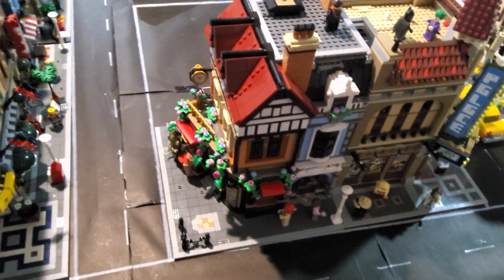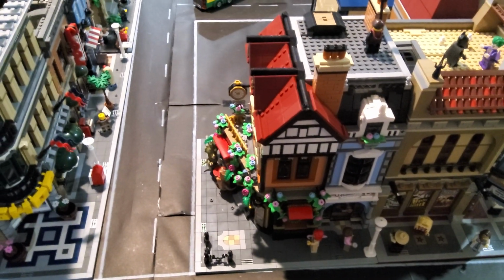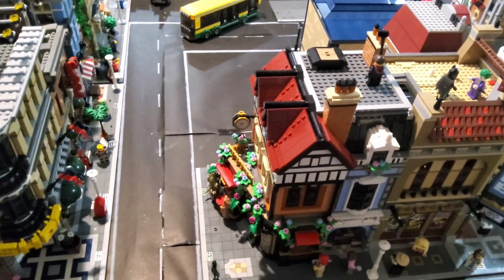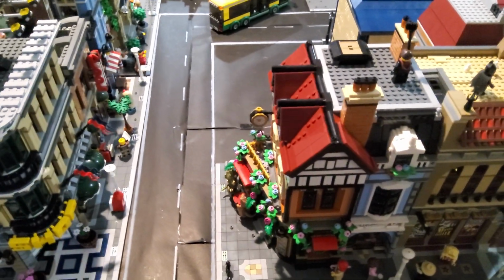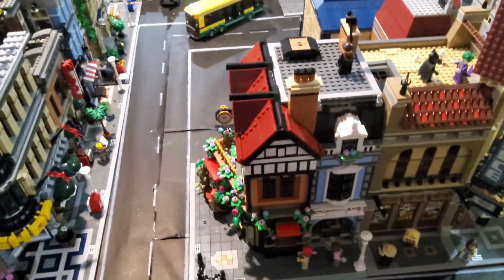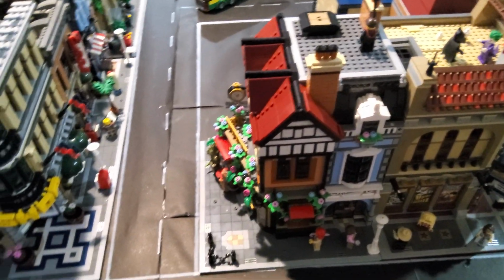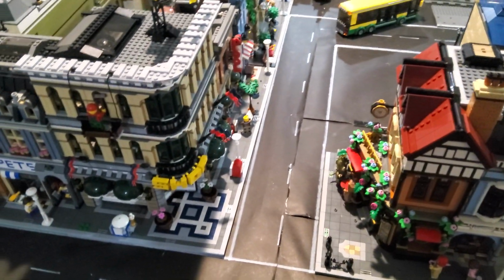And that is one of the things that I kind of miss with the modulars, is the fact that they aren't able to easily fit with the other ones, especially the corners up against the straights. It always seems that Lego's advancing the straights or the corners and making them very different to where they're only able to fit up against 1 to 2 straight buildings and that's it. So compared to how they used to be, but overall